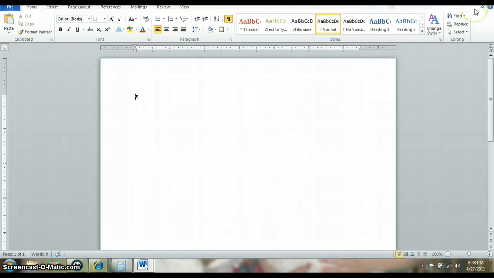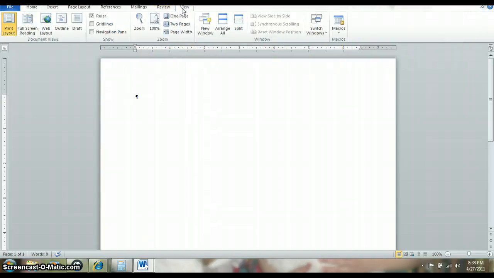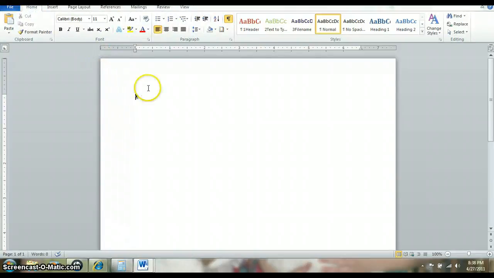We're going to do a 1-inch left tab. You're going to be working a lot with tabs. If your ruler is not showing here, please go to View and make sure your ruler on the Show tab is showing. So then go to Home and you want to make a left tab. Here's your tabs over here. If you hover over it, it'll show it to the left, and you want to do a 1-inch. So you just click once and you know it's a left because you hovered over here, and now you're ready